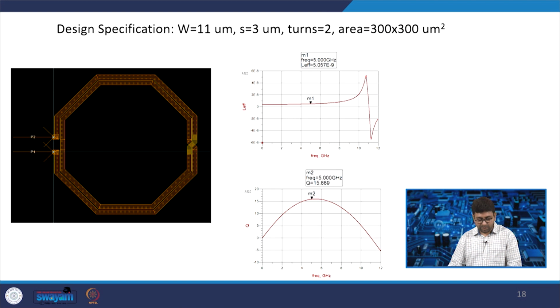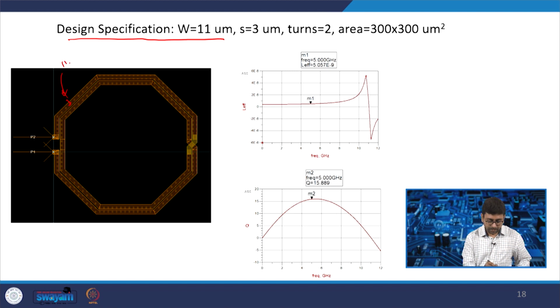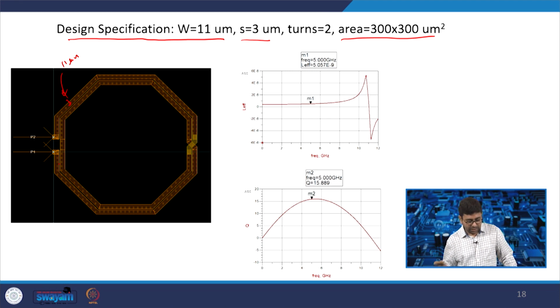The next step is you need to draw. In this design specification, the width of the trace is 11 micrometer. The space between these two traces is 3 micrometer. There are 2 turns that we have used, and the area is approximately 300 micrometer by 300 micrometer. So, it is 300 by 300, the total area. Then if you find out the effective L, you can see there are 2